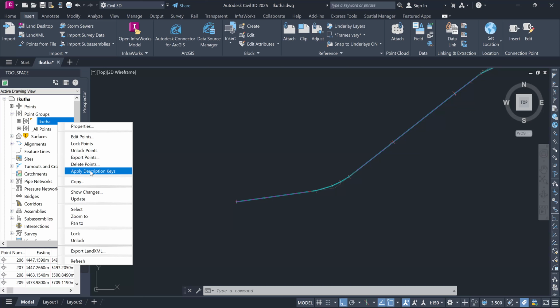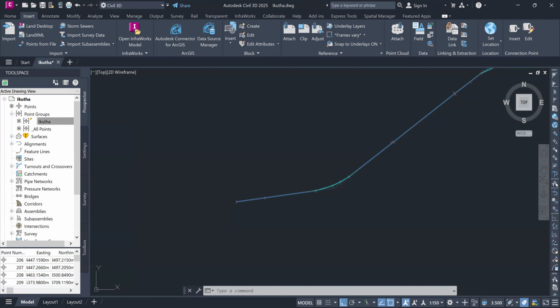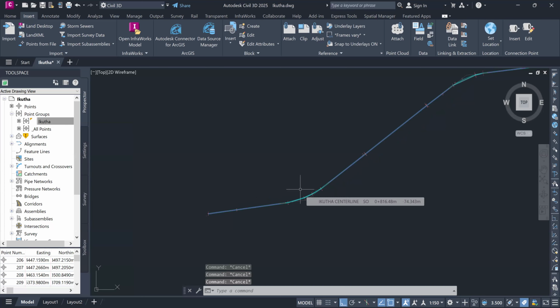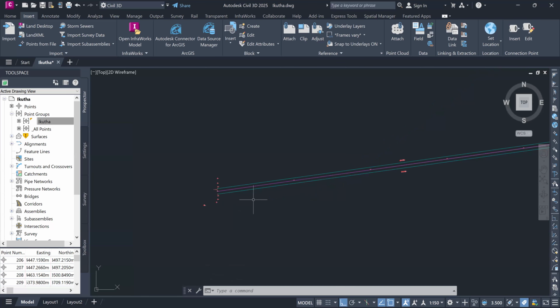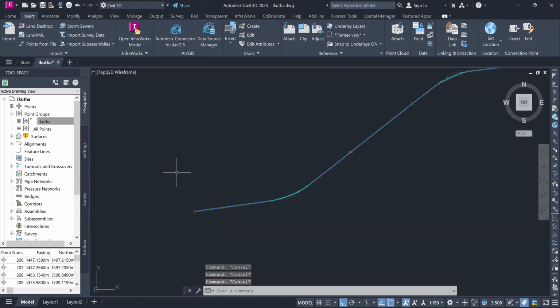So when I've been able to create the codes for my various descriptions, then I'll come to the prospector, select the point group name, and go to apply description keys just to be able to see the editing that I did on the codes. So once I've been able to